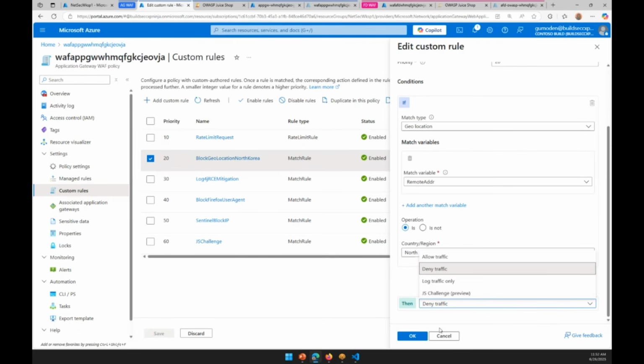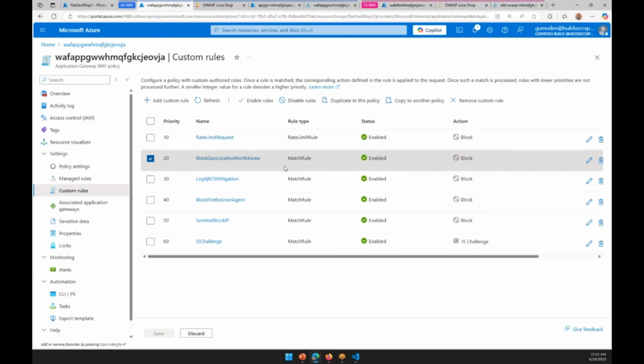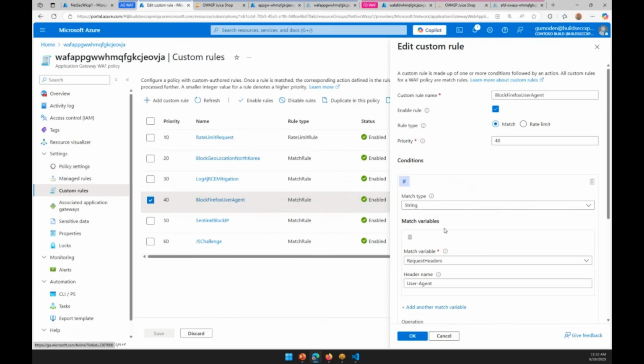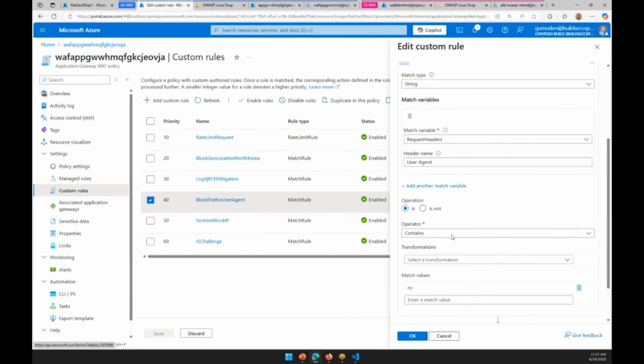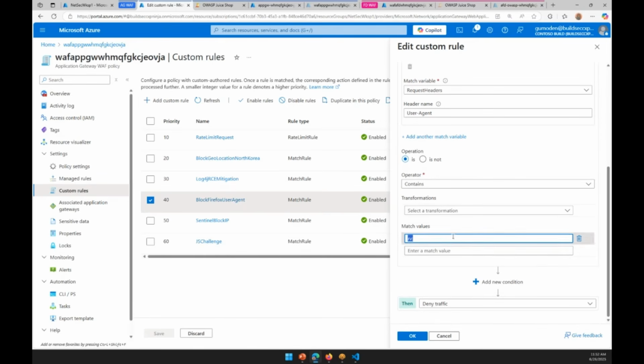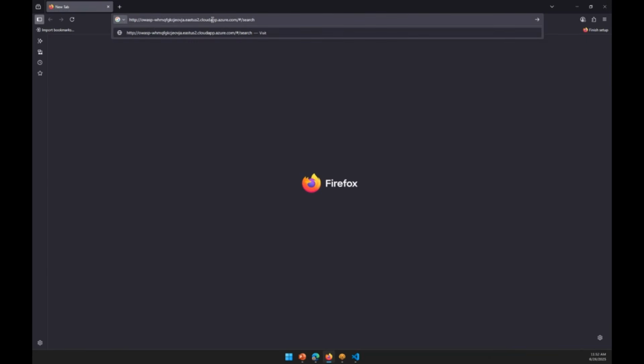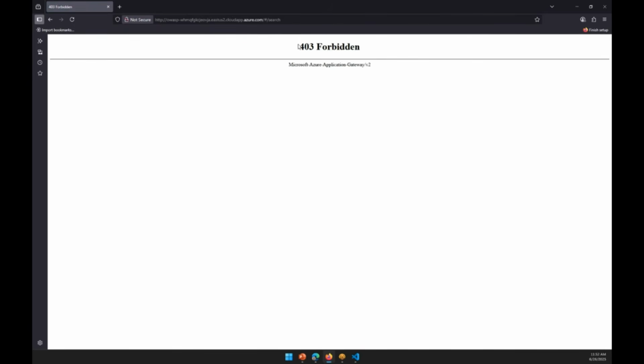And let's do another thing here. So like, for example, this one is block Firefox user agent, right? So you can define that specific user agents are not going to be allowed as well. And in this case, I just have this custom rule denying traffic from anything coming from Firefox, for example. So if I open my application and I go to my Firefox and I try to connect to it, I'm just gonna get this